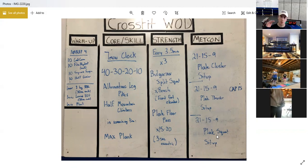sit up. So the way it goes is it gets easier with the movement as you progress down on the list there, right? So plate cluster's harder than plate thruster's harder than plate squat's the easiest. We're always coupling it with sit-ups. So the plate cluster